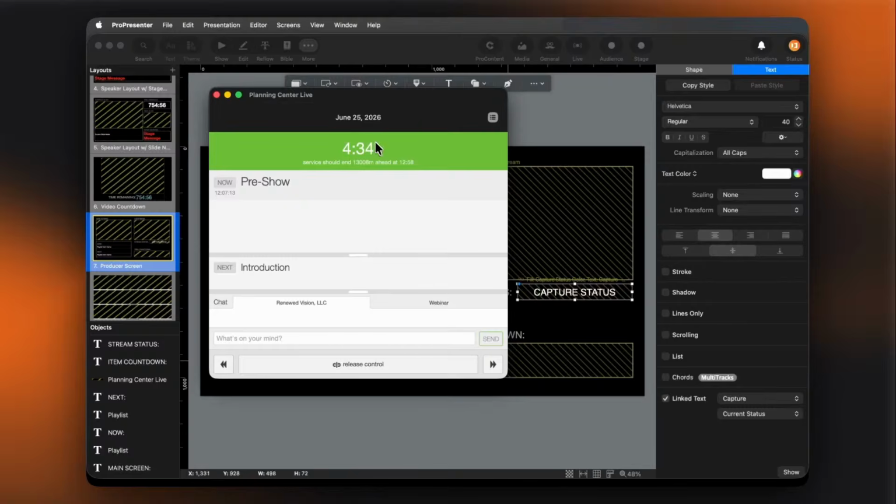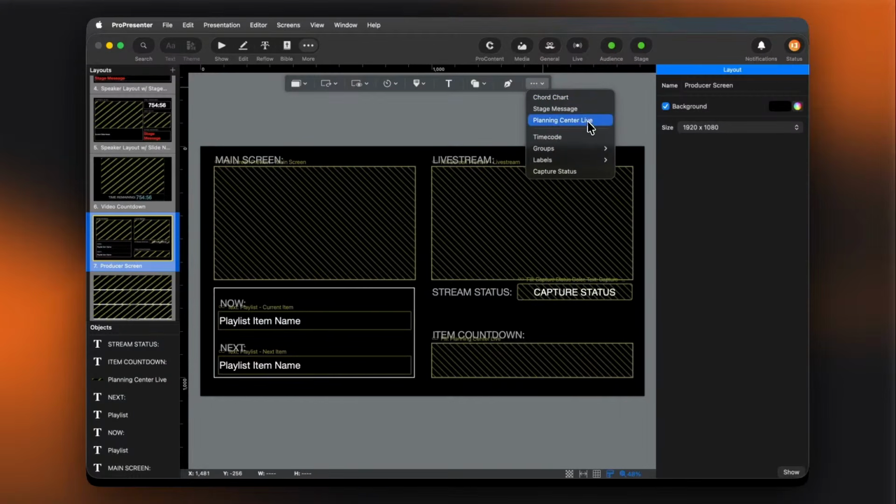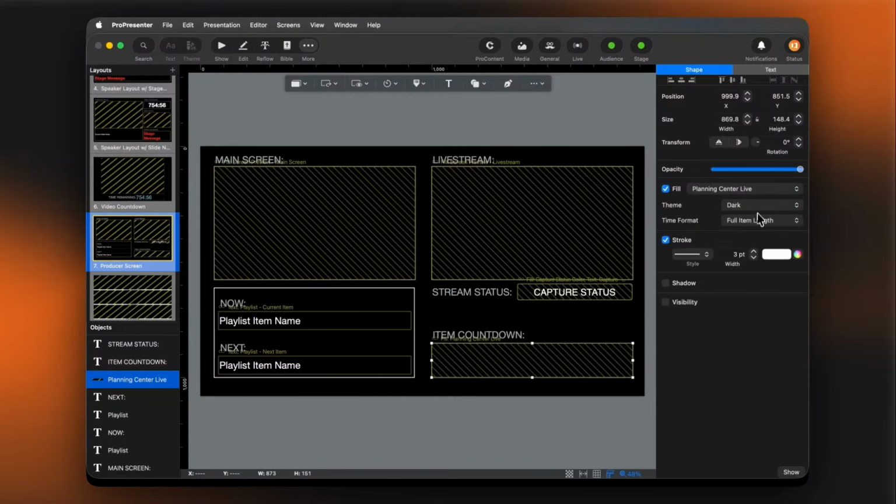So how you can add that is you just add this Planning Center Live object, which is what I've done down here, and formatted it the way I want it to. I can choose if it's light mode or dark mode, and then what timer format do I want to see? Do I want to just see the time for this item in that playlist or the whole service as a whole? Again, I'm speed running through these, but trying to get as much information to you guys as I can